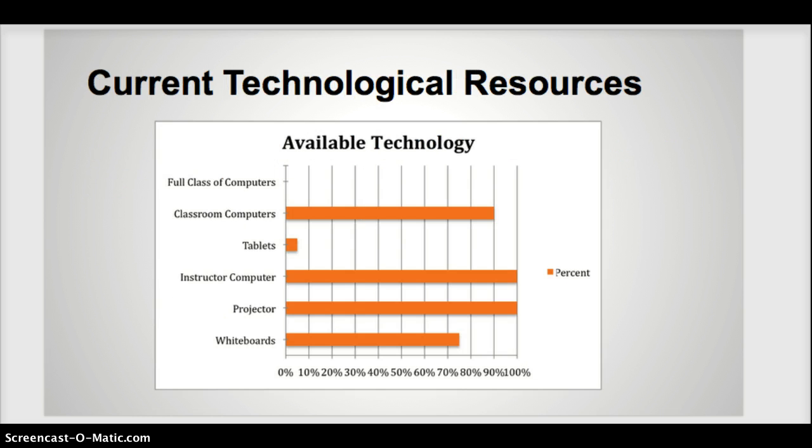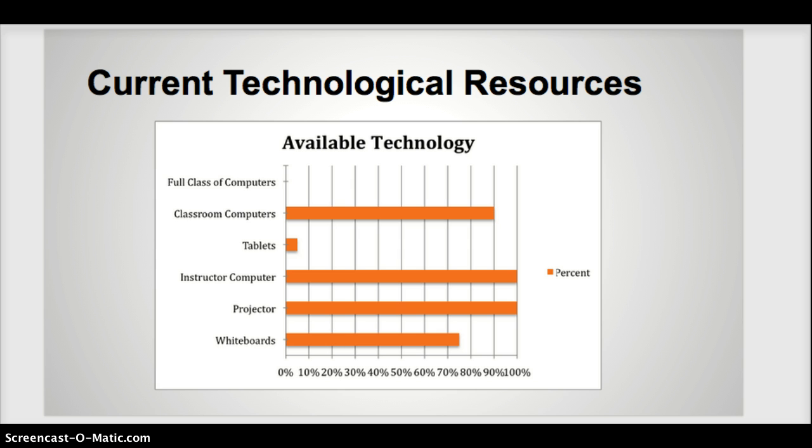As I mentioned, there are no classrooms with full classes of computers in the schools now. There are classroom computers, usually 2 or 3. Tablet carts are available as well, and so there are groups of tablets that are passed around from classroom to classroom. Again, being able to reserve these and use them for classroom lessons can be difficult, and so hopefully we can find ways to better use the different resources the instructors do have for the students.